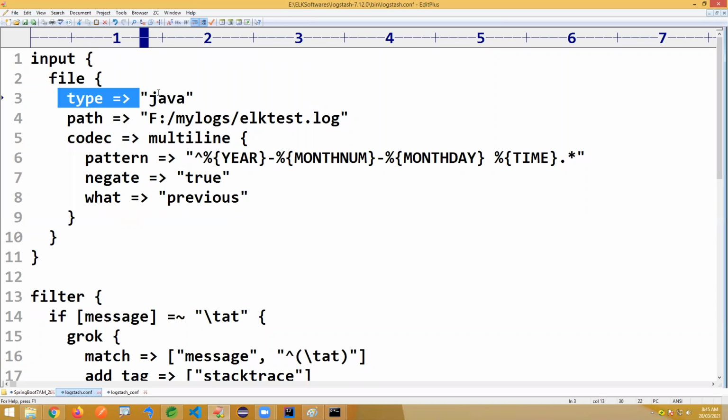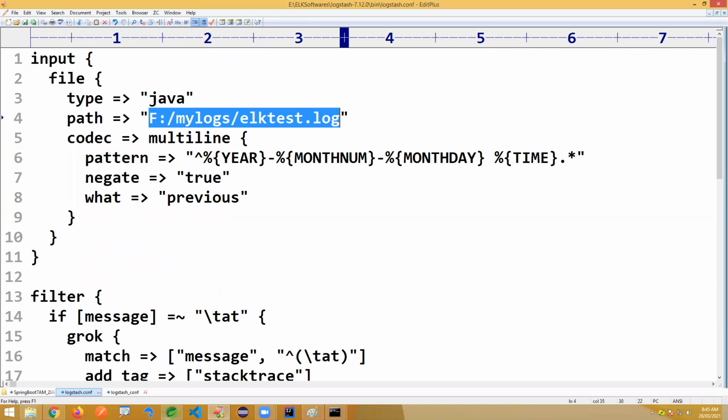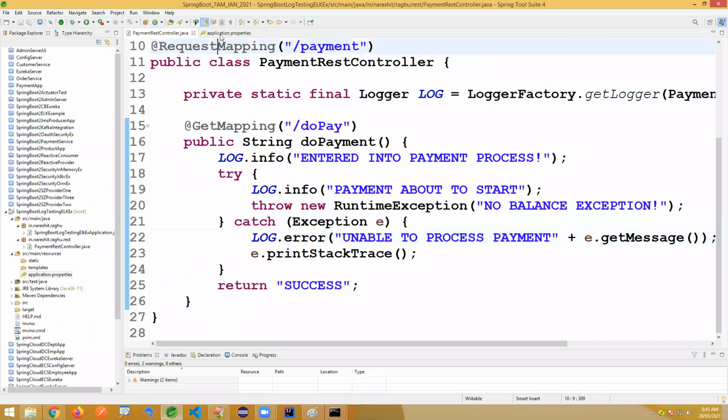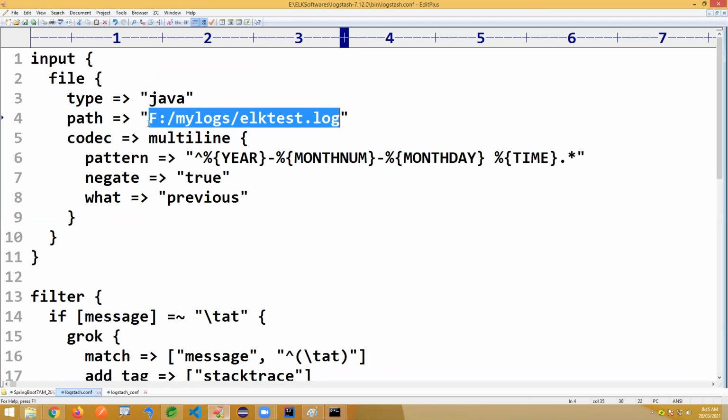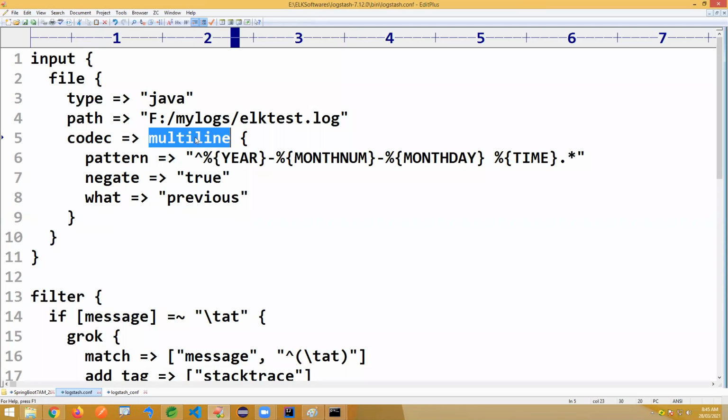We are connecting to Java applications here. And what is the location of this log file? Come to your application.properties, and this is the location. Just copy and paste it here. So we are mentioning the codec information here, that is how the encoding and decoding will be done internally. We are taking the multi-line input.